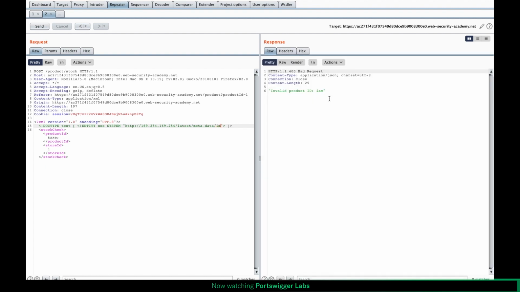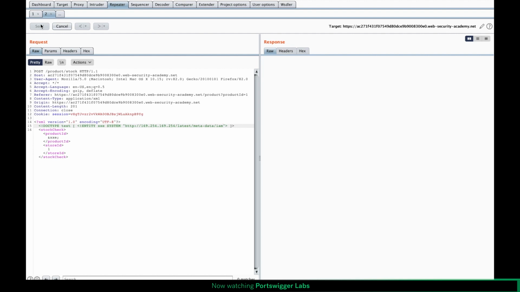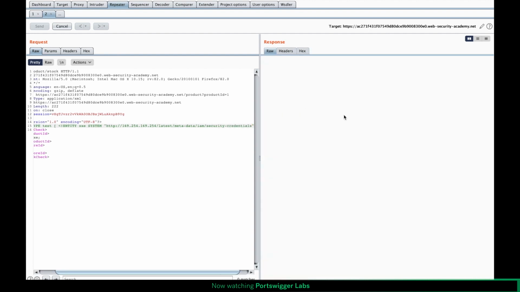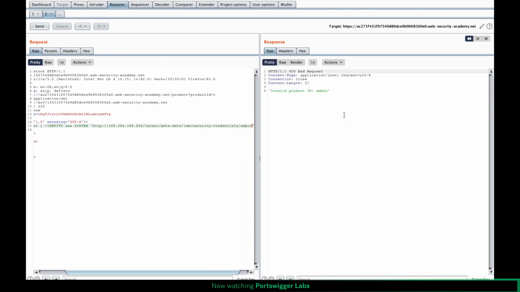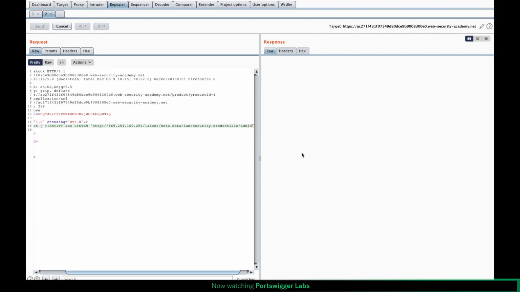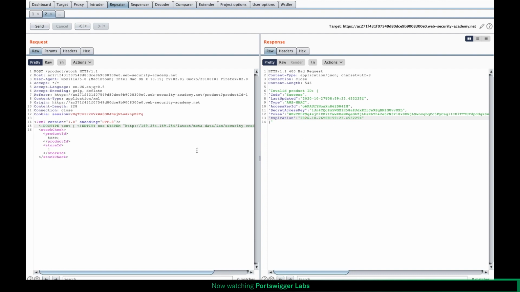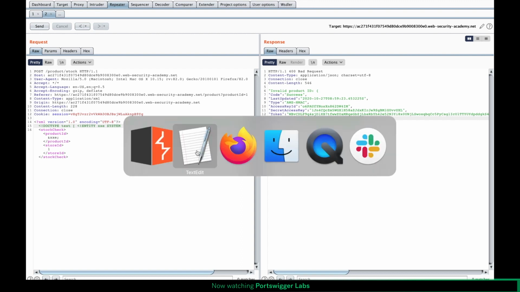Then IAM, then security credentials, and continue. It should give me admin, and when I go there, it's giving me the credentials with the secret key, access key ID, and everything. So just another cool exercise. In here we are escalating this vulnerability to SSRF vulnerability. All right, let's go to the next one,